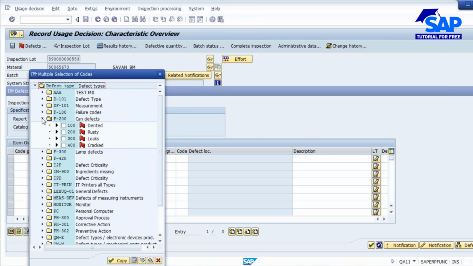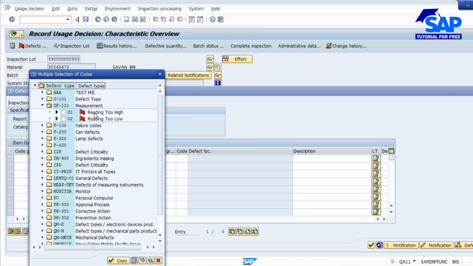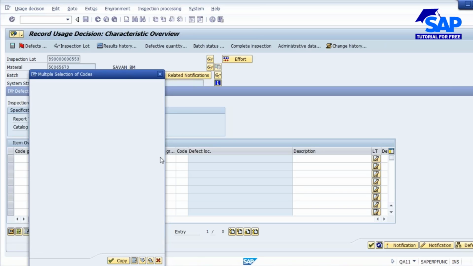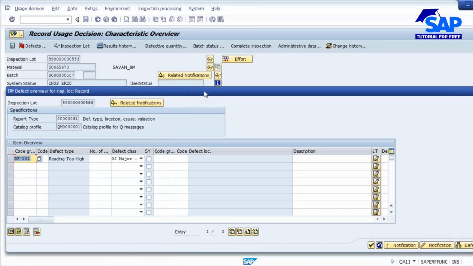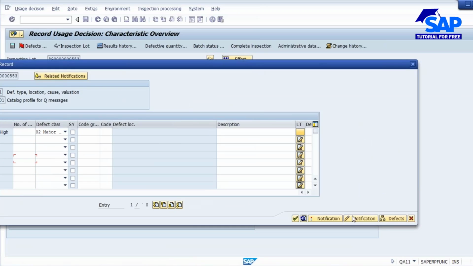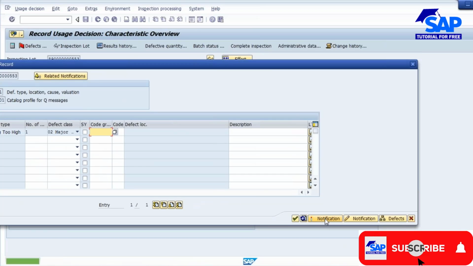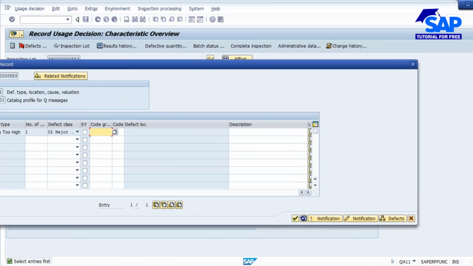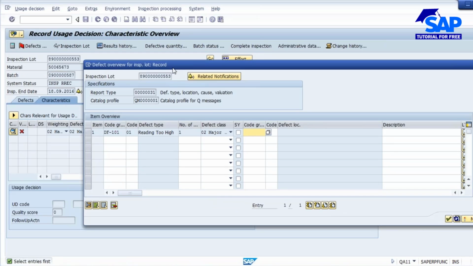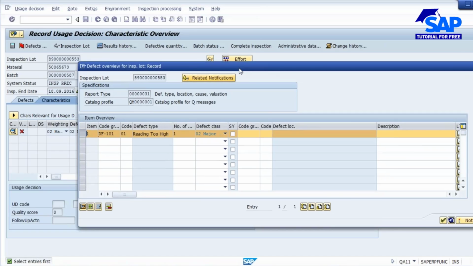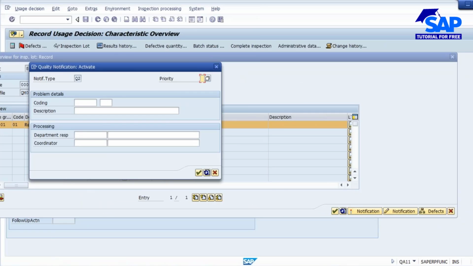Or let me put measurement only, reading too high, copy, enter. Remaining things you want to enter, you can enter. And here there is a button, are you able to see? Activate notification. You click on this button. So system will be activating the notification. So first you need to select the entry. Select this entry and then you click on the button notification.